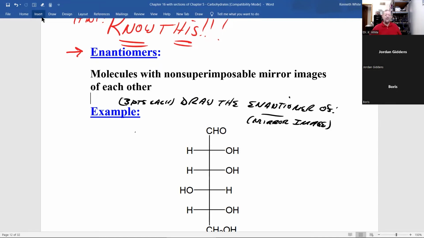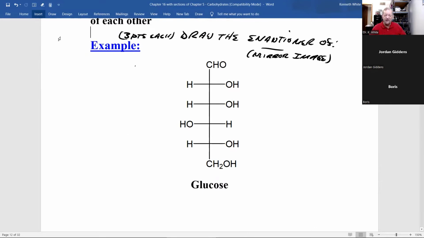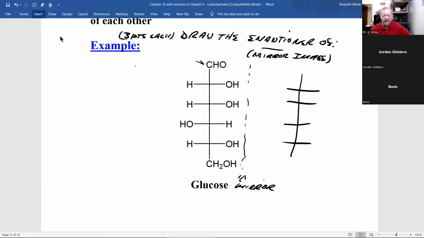And how do you do that? Let's draw the enantiomer of glucose. Now, what I do, and you don't have to, is I like putting in my mirror. And the backbone, you're still going to see. Now, this is an achiral carbon, so you don't have to write it like this if you don't want to, because it's achiral. And what I normally do, being a lazy organic chemist, say, nah, I don't have to write the mirror image, because that's achiral. Remember,